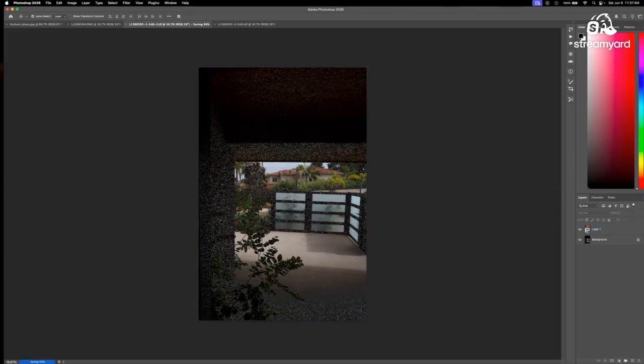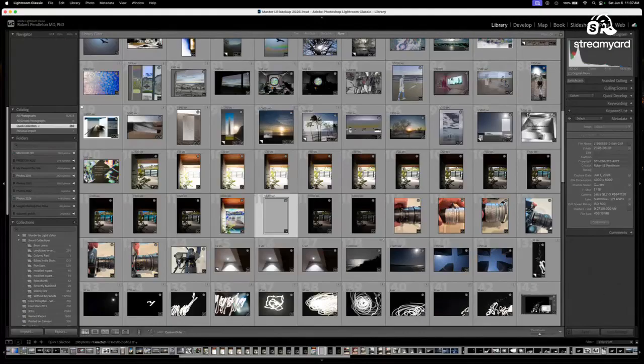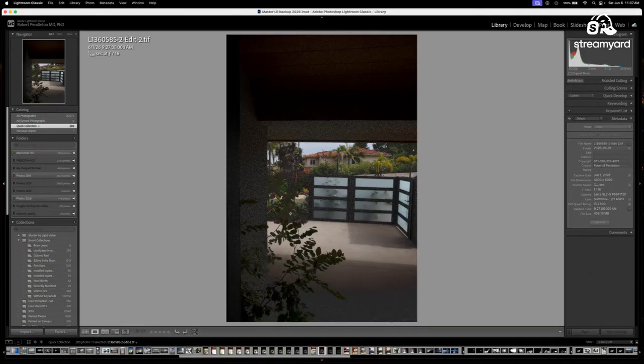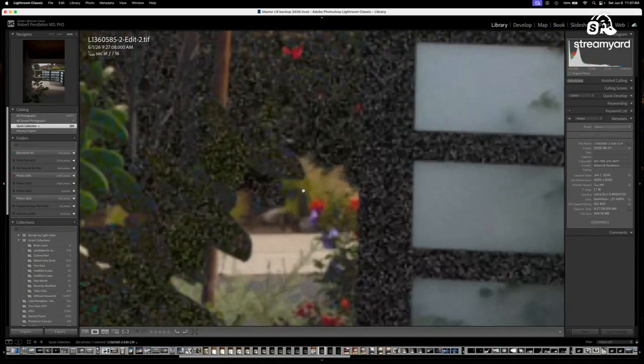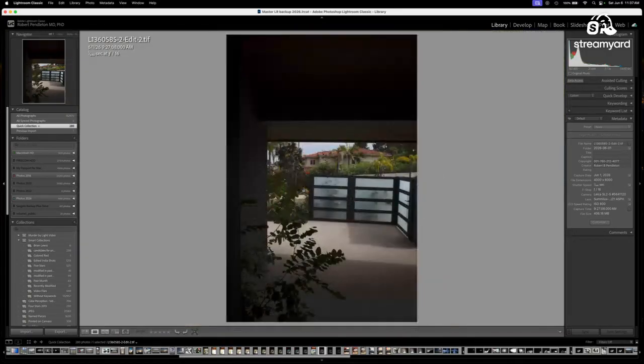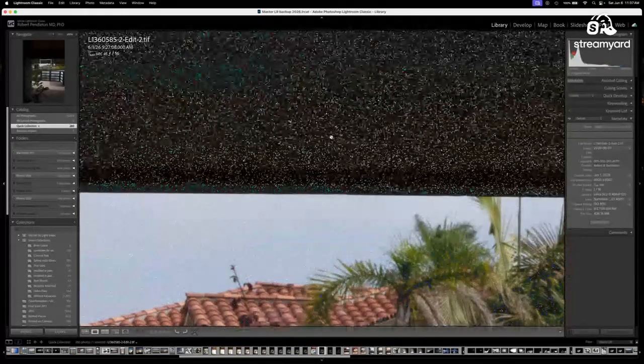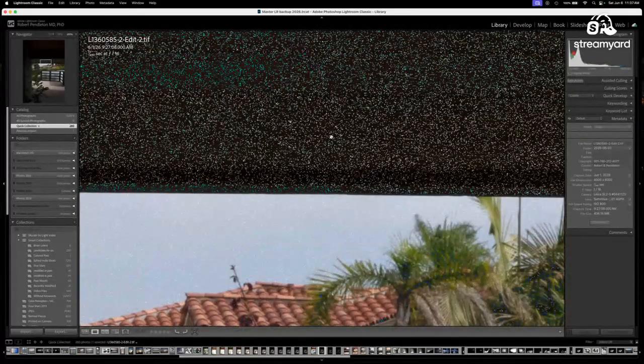Go back to Lightroom. And there it is. There we go. And you see, if you zoom out, you don't really see this pixelation very much.